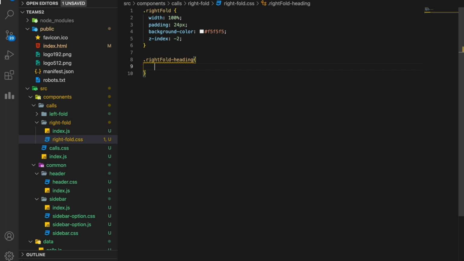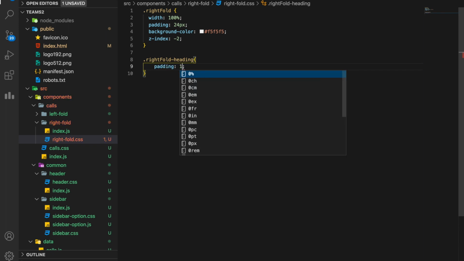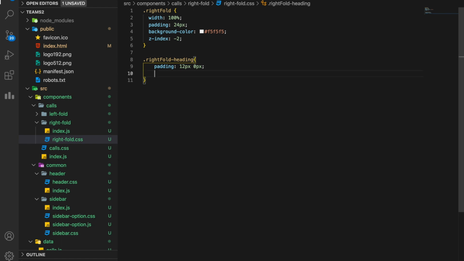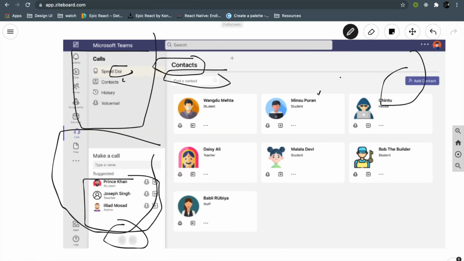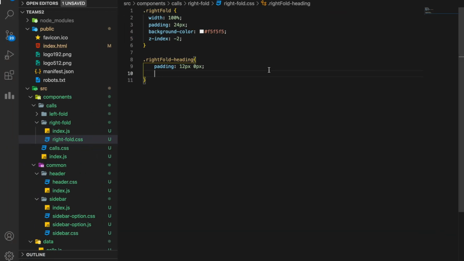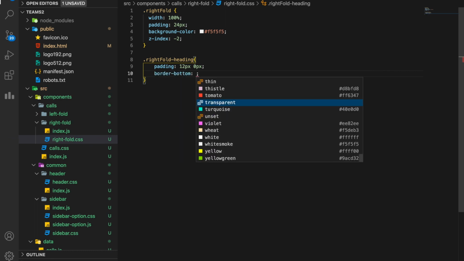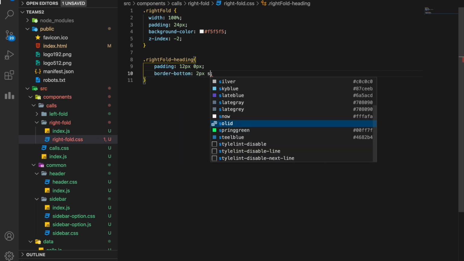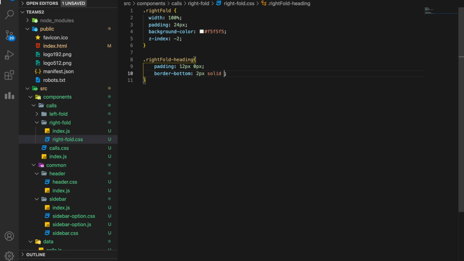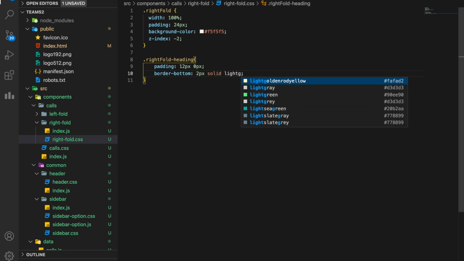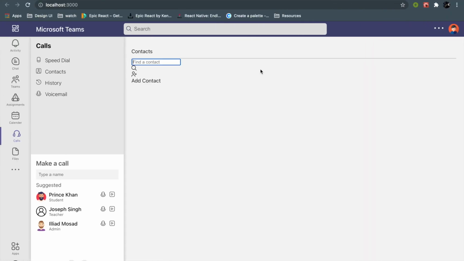Okay, so the heading should have a padding. Actually the vertical padding should be 12 pixel and 0 horizontal padding, and I need a border bottom, this border here. So it's very simple. I need a border bottom of 2 pixels. This should be solid. You can have dotted or anything. I want it to be light gray. Yes, you can see the light gray looks good.